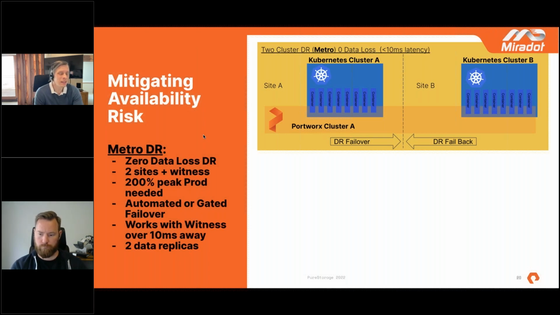We must have enough production capacity on each site to run 100% of production, but we could make use of the failover DR site. The compute over there we could use for other things. You're going to need the storage. The storage is replicated all the time, so anything that's over here will be replicated over here, ready to be spun up. But if you have sufficient storage over here, you could be using this for something like UAT or some sort of testing, on the understanding that if you have that bad day and your system needs to fail over to this second site, then you kick UAT off.